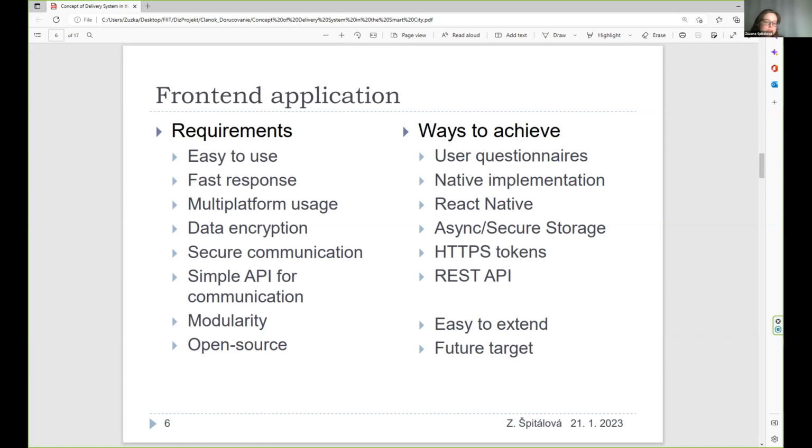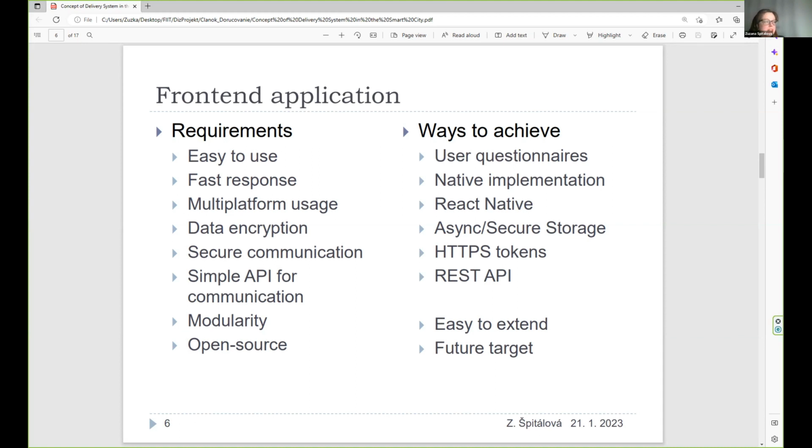Because of the need of local storage data on the mobile phone, to achieve this requirement, we used async storage for some non-sensitive data and secure storage for sensitive data, which can be needed to be stored on the local storage on the mobile phone.